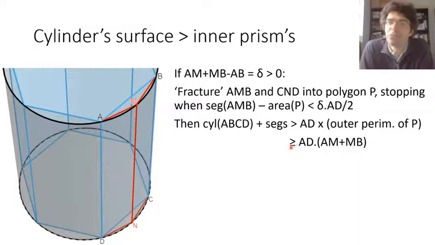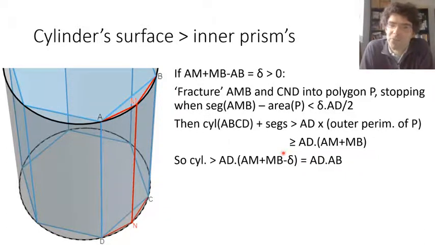If we've had to make a more complex prism, then its surface area is going to be larger, but otherwise it'll be equal to the two rectangles AMND and MBCN. So overall, we can subtract on both sides, and we do end up with the result that the cylindrical surface area will be larger on its own than rectangle ABCD.